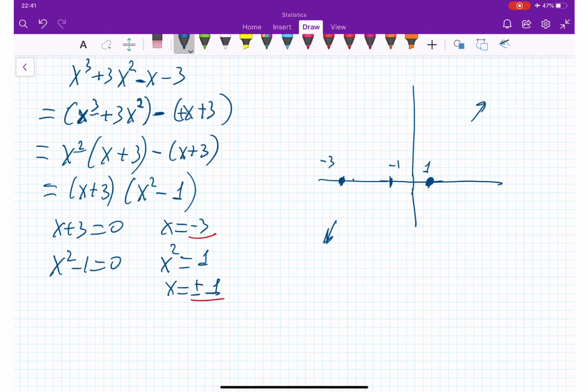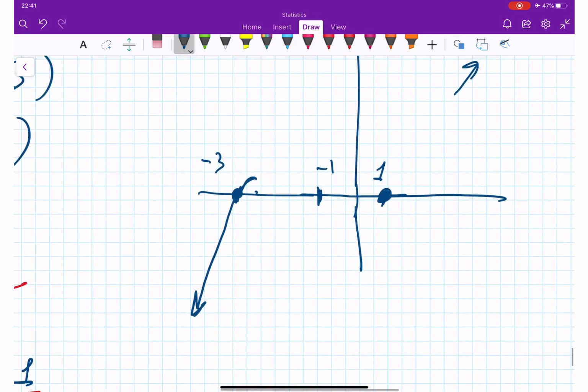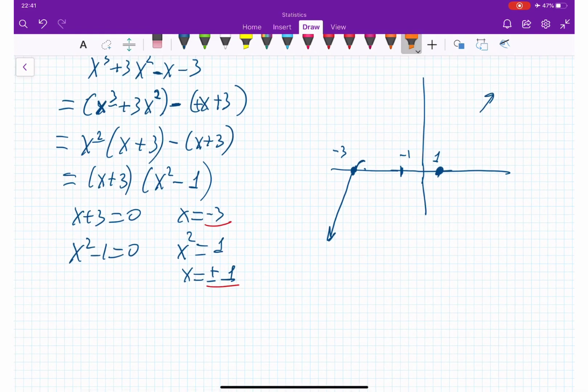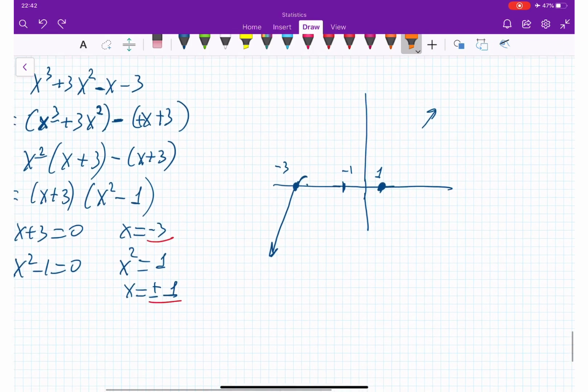So negative 3, when I'm looking at x plus 3, degree is 1, which means it's going to cross. And it's going to cross this way because in end behavior it comes this way. Let me make it nicer. Okay, now positive 1, because positive 1 is close to this end behavior. So positive 1, negative 1, here we have degree, how much? 2, right? Which means it's going to be a turning point. And it's going to turn